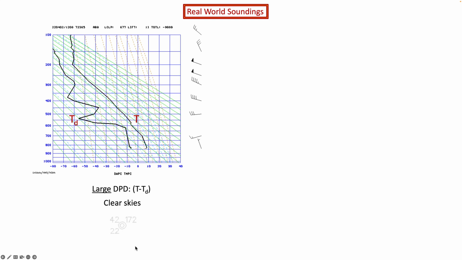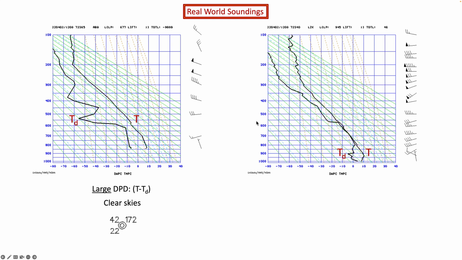And in fact, what you see over Albuquerque at this time at the surface is that the temperature was 42 degrees Fahrenheit, the dew point was 22, and sea level pressure was 1,017.2 millibars. As you go up through the troposphere over Albuquerque, there's no location where the temperature and the dew point meet, so there's no location where the environment is moist. In contrast,